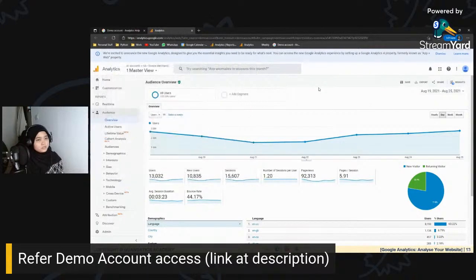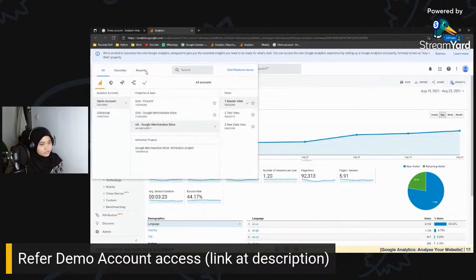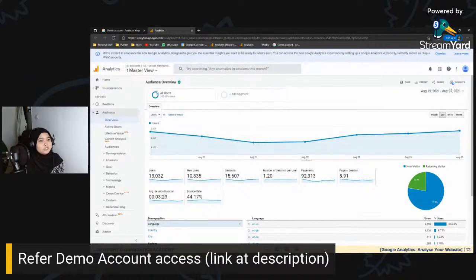So if everyone is on my screen right now, this is the example UI for the Google Merchandise Store account, but this one is using Universal Analytics. So how do we know whether it is Universal Analytics or Google Analytics 4? On the top left,